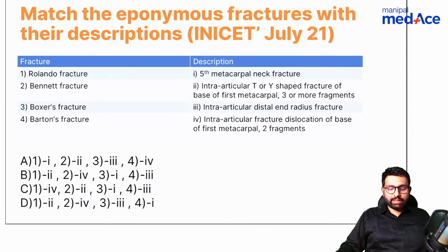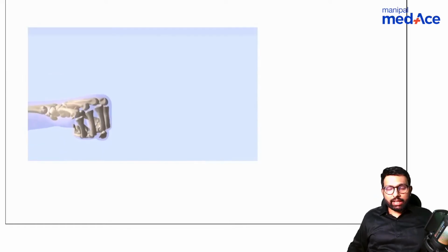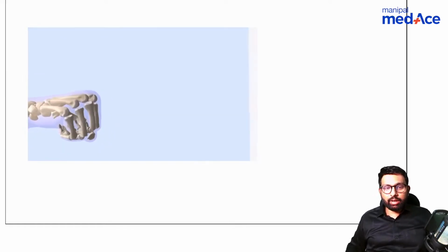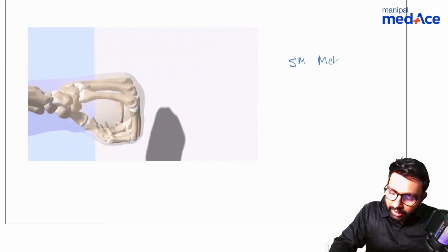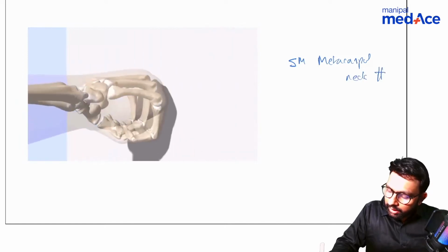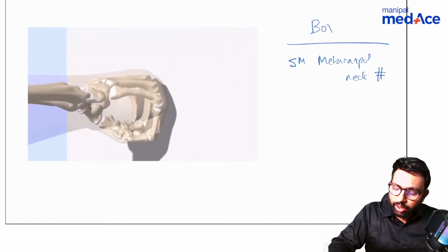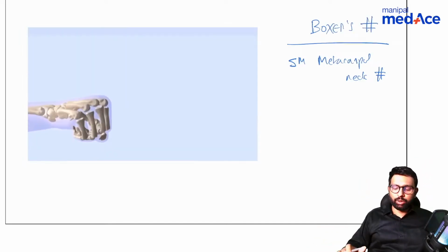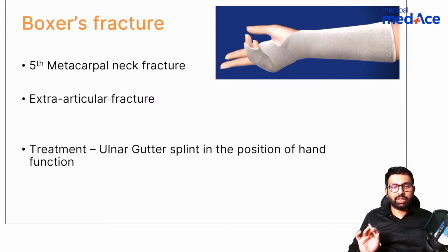So first let's understand what is a boxer's fracture. Look at this animation here. Can you see how, because of punching on a wall, there is a fifth metacarpal neck fracture. This is because of a boxing injury, and that is why we call it boxer's fracture. So simply remember this animation, and you'll be able to decode that it is a fifth metacarpal neck fracture,